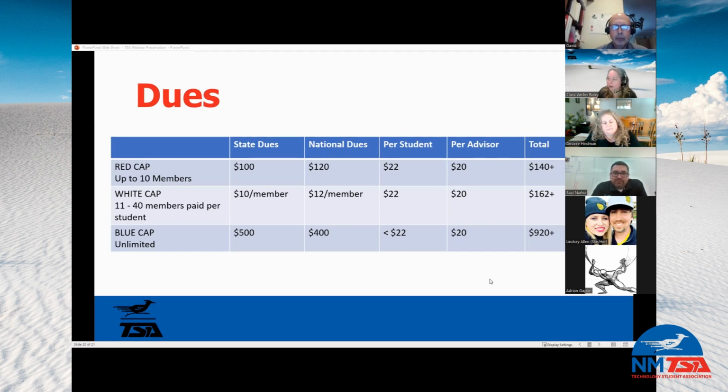That's where Pecos Cyber Academy this past year did all of their students in their high school to be members. We have a couple that do all of their engineering students that are in Project Lead the Way. So they do a blue cap because they have more than 40 students, because at about 40, you're paying more per student, right? So that's kind of where that trade-off is. For all of them, it's about $22 per student, but if you have over 40 students, it's absolutely more cost effective and much easier on you as an advisor to just try to do the blue cap if you have the opportunity to.